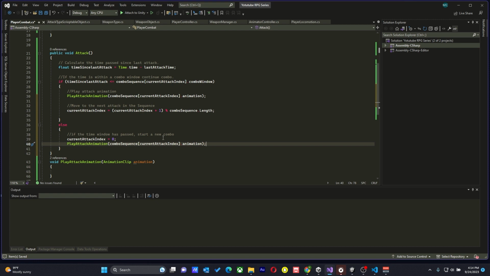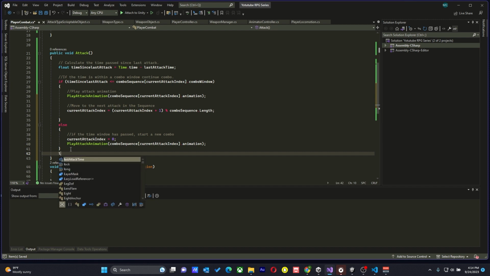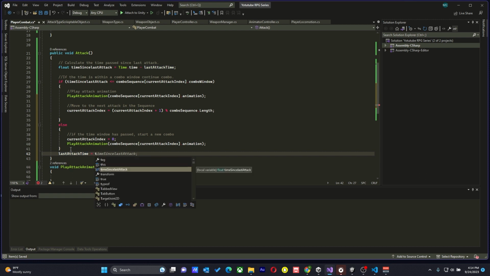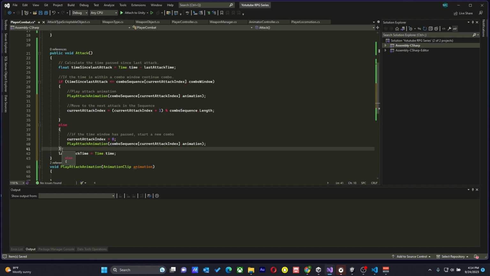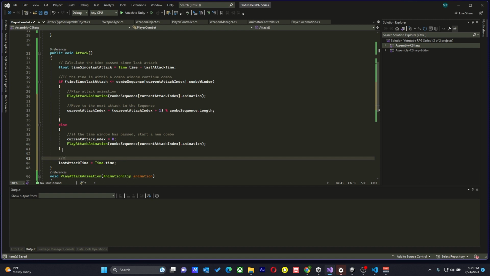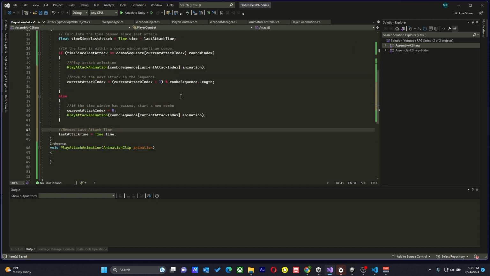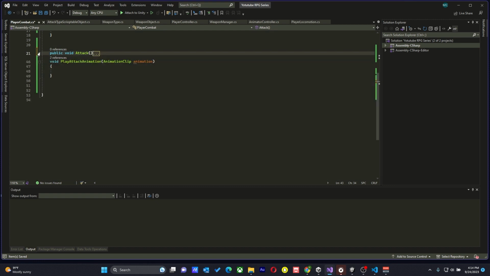Then once this is done, when the first attack is done, we need to also save our last attack time, because remember, we are using it up there. So we're going to say last attack time is equal to Time.time. We're going to record it because we need to use it up there to check. So we're going to say record last attack time, like that. So let's just minimize that function. Let's go into the